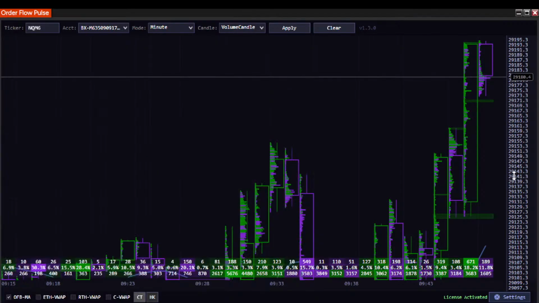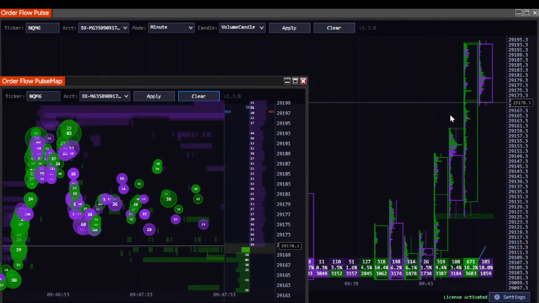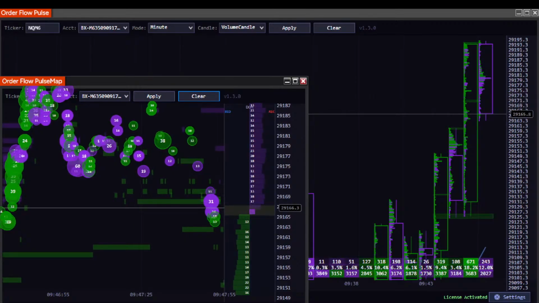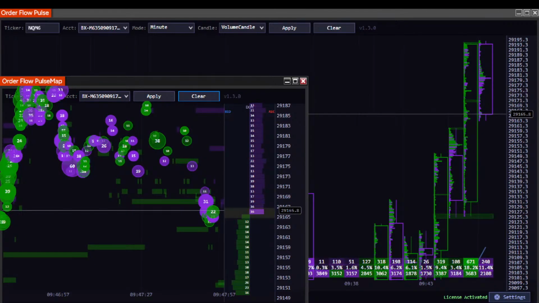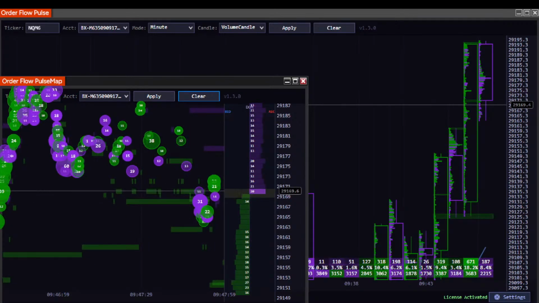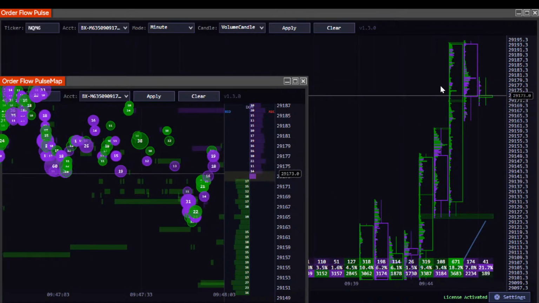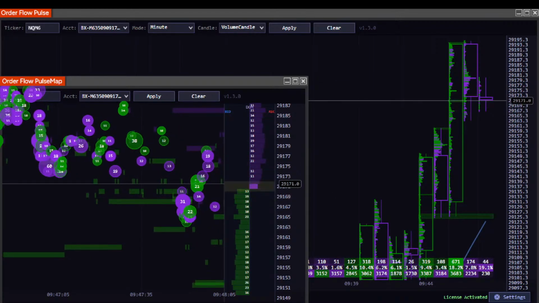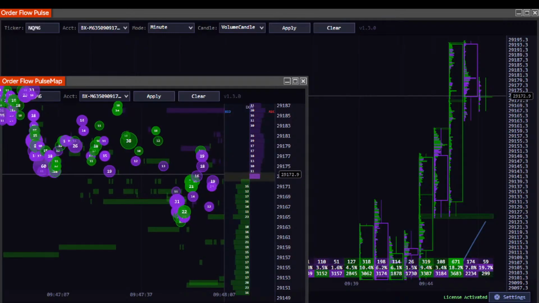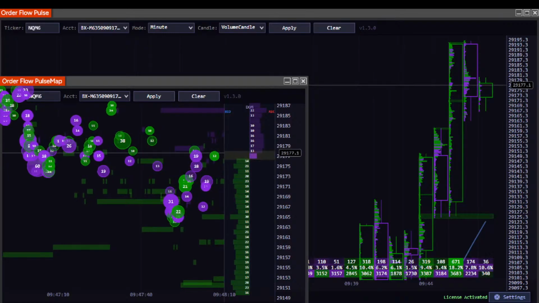Let me get this pushed down a little bit, but it's not doing anything. This is why I tick merge the NQ. It's just a squirrely little freak. It's all about tick merging, man, 'cause look at it, it's just crazy. You don't have to tick merge the ES because the ES is a thickly traded market.